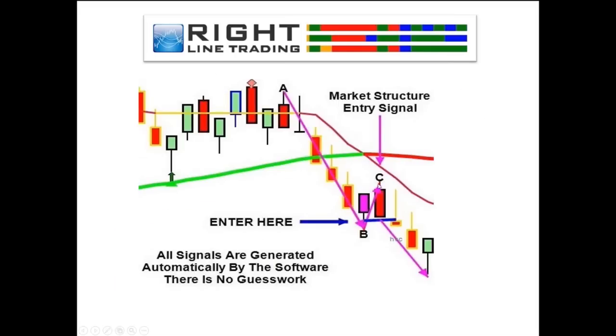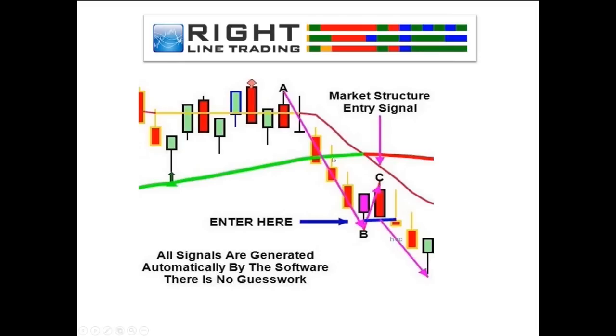Now, here's where the software analyzes market structure. The A and the B and the C were not placed on this slide by me. They were placed on it by the software. An A is defined by any candle of the same color: two red candles in a row, two green candles in a row. They define a trend, a downtrend or an uptrend, and you see an A print. And then we let the